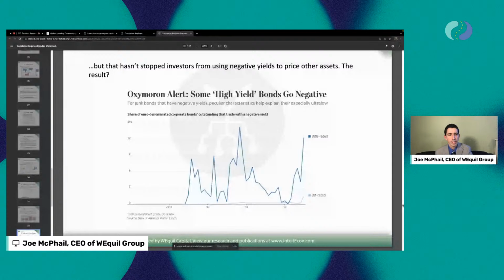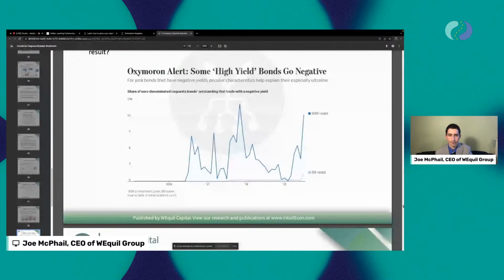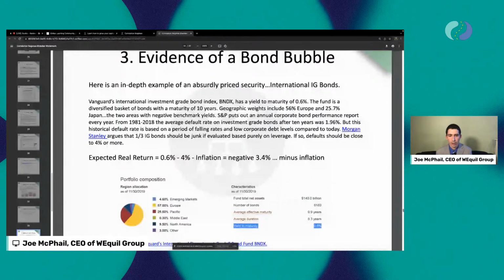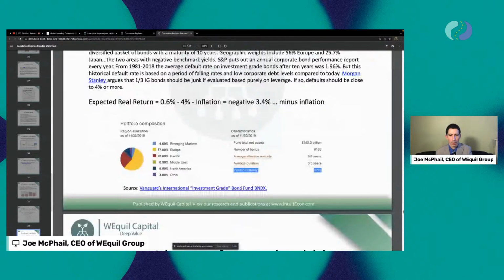So yeah, trying to make the case for bonds being in a bubble seems to me a little bit silly, given how obvious some of these risk factors are right in front of us. But I'll keep making the case here. One of the real big issues is also that these bonds are not only negative yielding, but a lot of them have longer and longer durations.